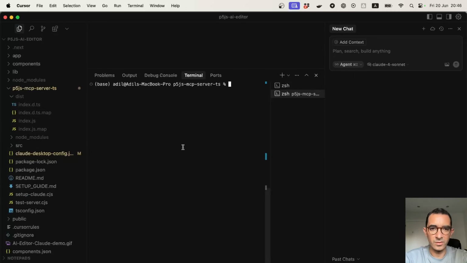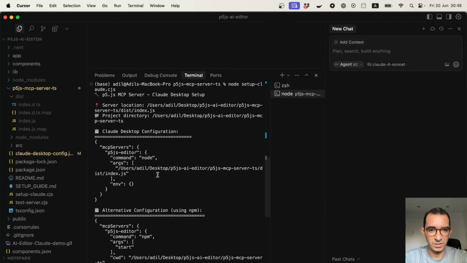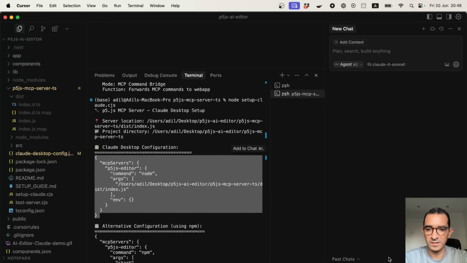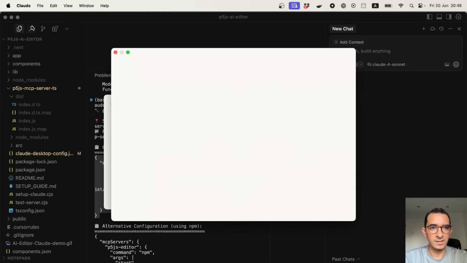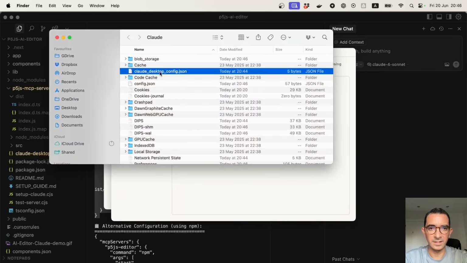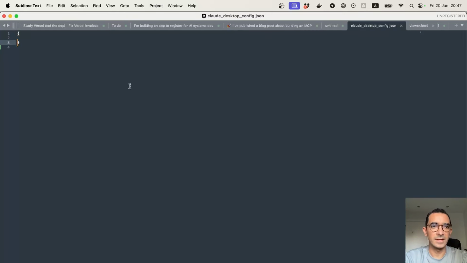And from the terminal, I created one file that is called setup Claude. So inside the P5.js MCP server, I can do node and setup. And here it gives me this information that I can follow. The most important is this JSON in here. So I copy this, and from Claude, I can open settings, developer, edit config, and I open this JSON file in editor,